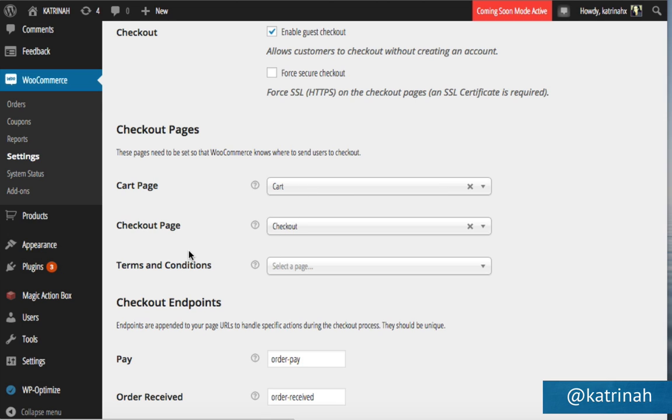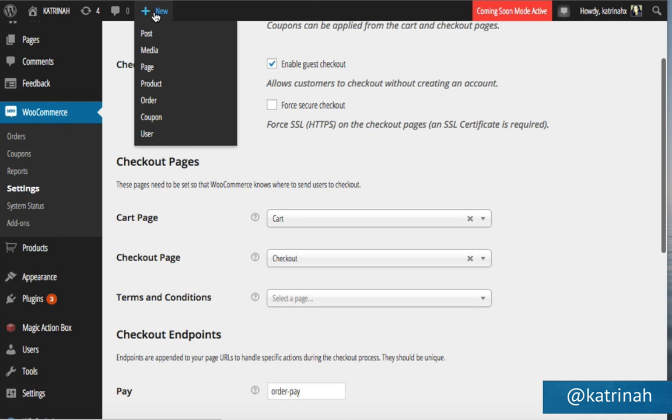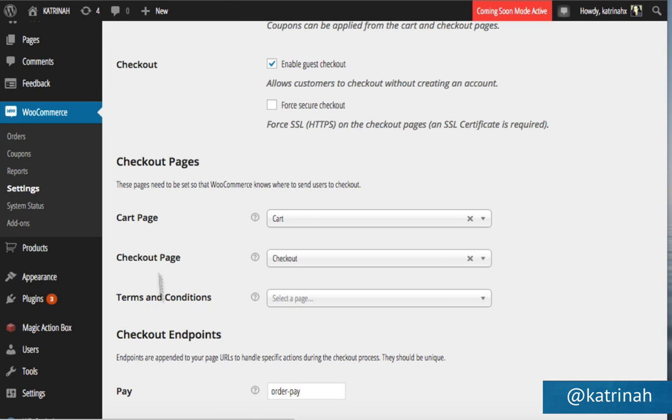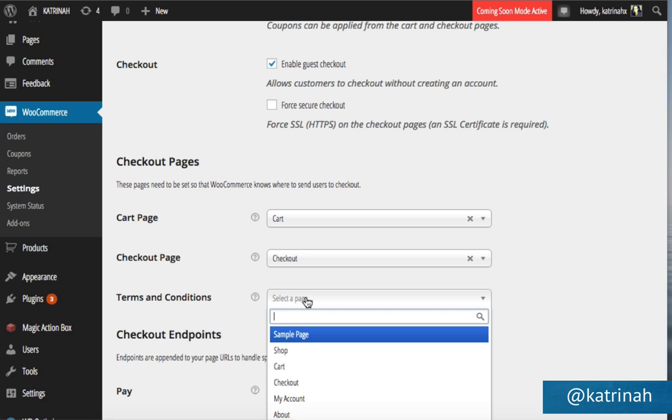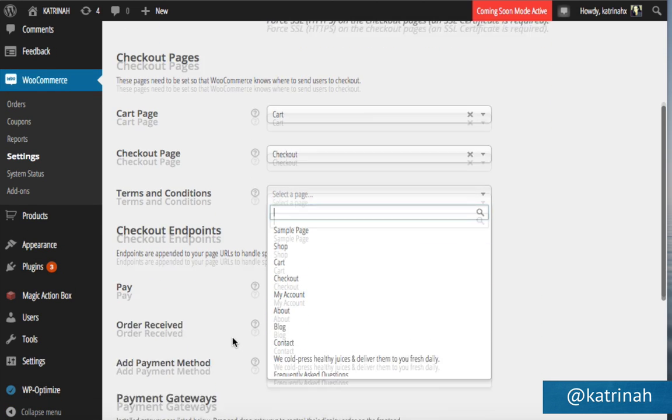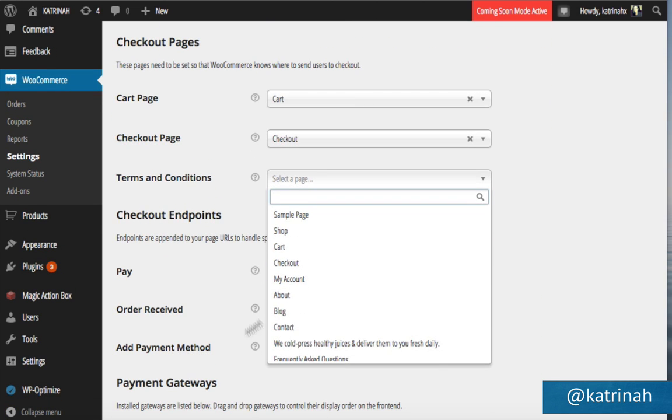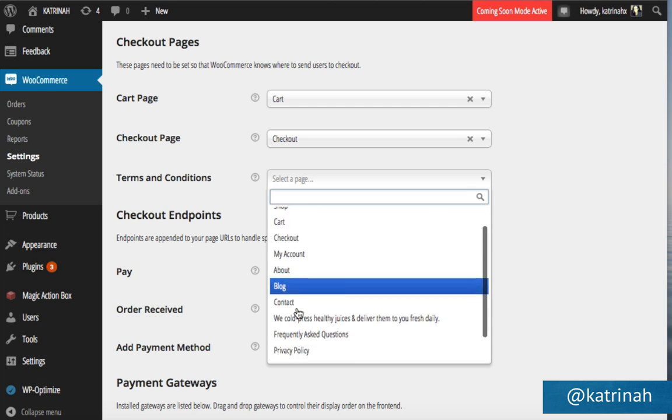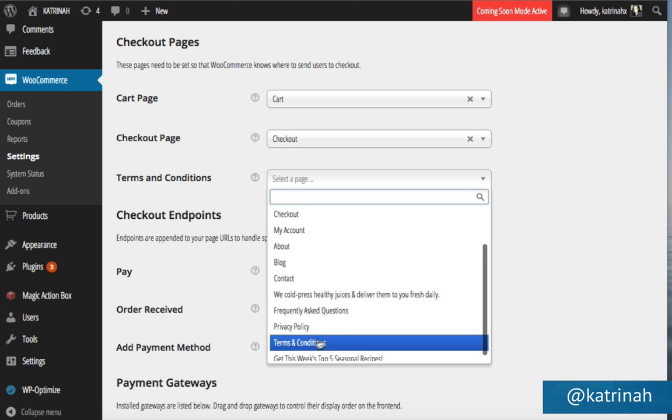because that is exactly how I want them. Also note that there's a terms and conditions page, and if you'd like to create terms and conditions, you can do so by going up to the top, clicking on plus new and page, creating your terms and conditions page, and once you create that page and add your terms and conditions, then when you come back to this page right here, you'll be able to select the page. Obviously, I haven't created a terms and conditions page, so I do not have one here. Actually, I take that back. It looks like I did. I forgot.